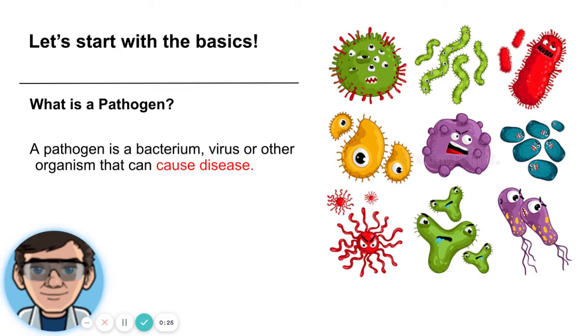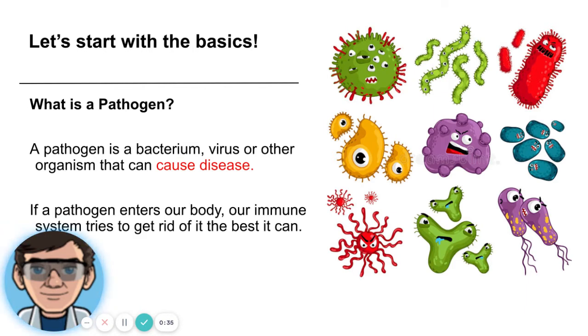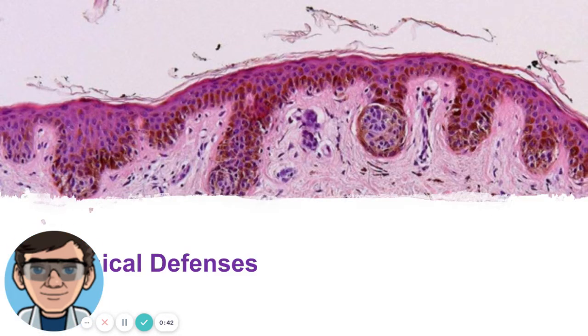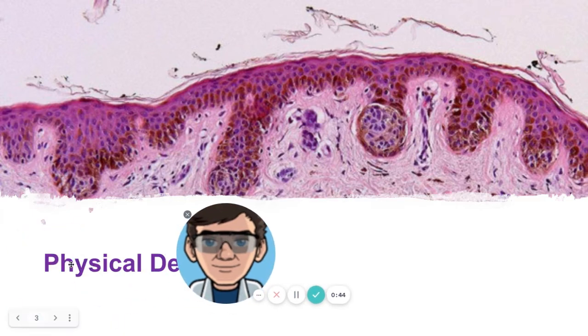So normally it's a bacteria, a virus, could be a fungus, but it causes disease. The pathogen entering the body is called infection. Disease refers to the damage done to the body by that pathogen. So the immune system is going to try and destroy the pathogens before they cause disease to the body. Now, the first way that this can happen